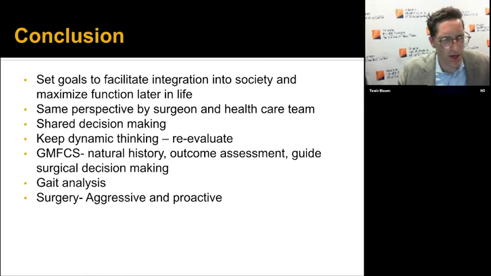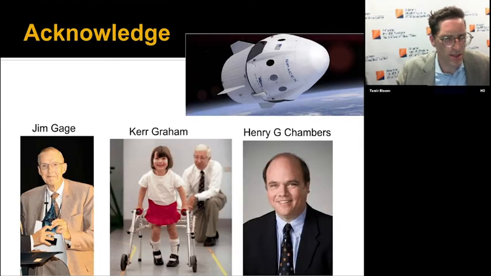We now have this standard tool to help us with assessing gait pathology, and this has really revolutionized our care of gait in patients with CP. Our surgeries now are tailored to be aggressive and proactive rather than reactive as they used to be in the past. And so I'll finish off there, but I'd like to acknowledge some of the thought leaders over the last